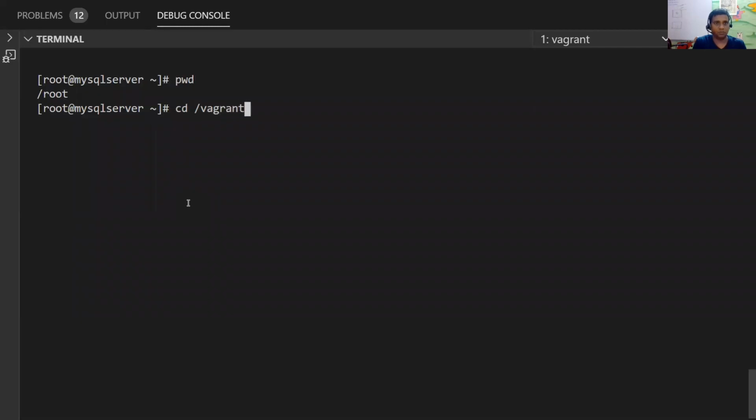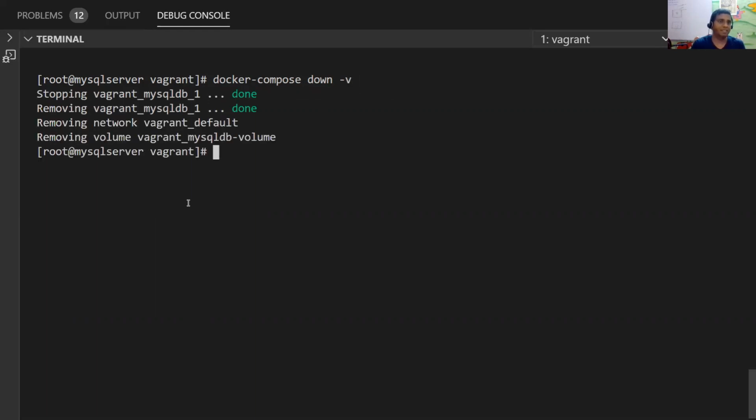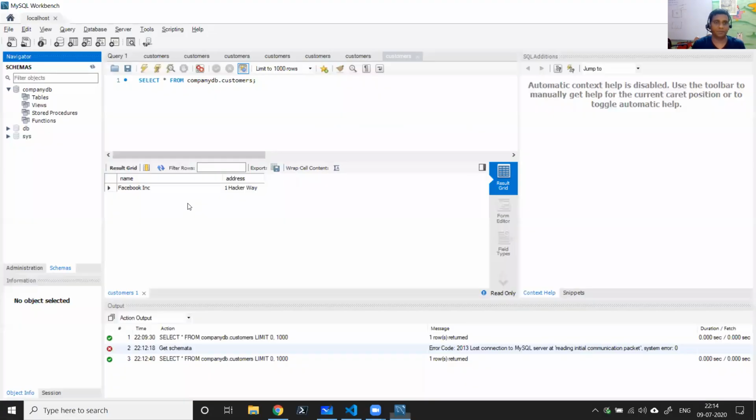Let me go to the vagrant folder. Now I'm going to delete the Docker container: docker-compose, remember the command, down, and you can say -v. This is going to stop the MySQL server, delete the persistent volume, delete the network, everything. So the MySQL server is gone. If you do a simple refresh, it says that it cannot connect.